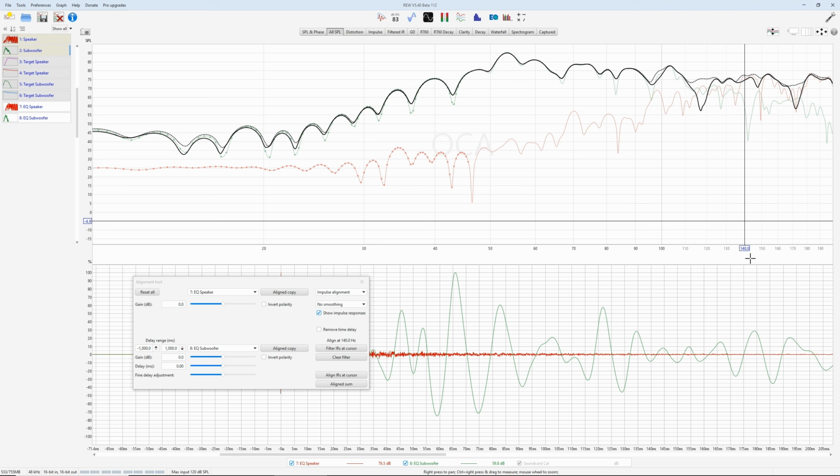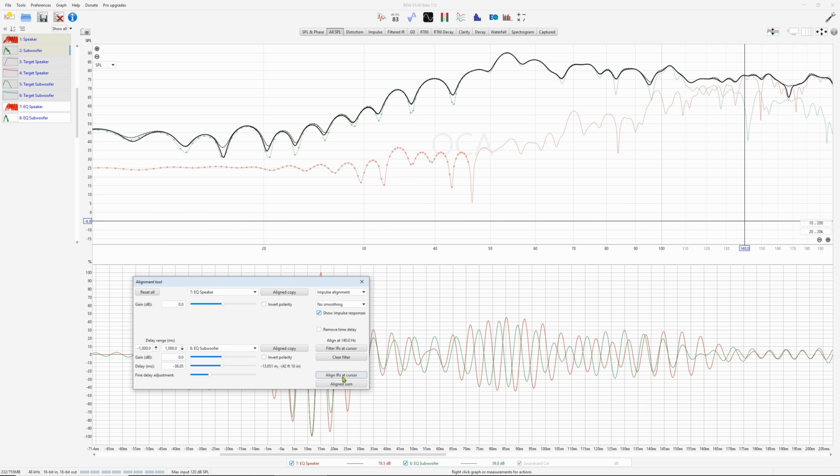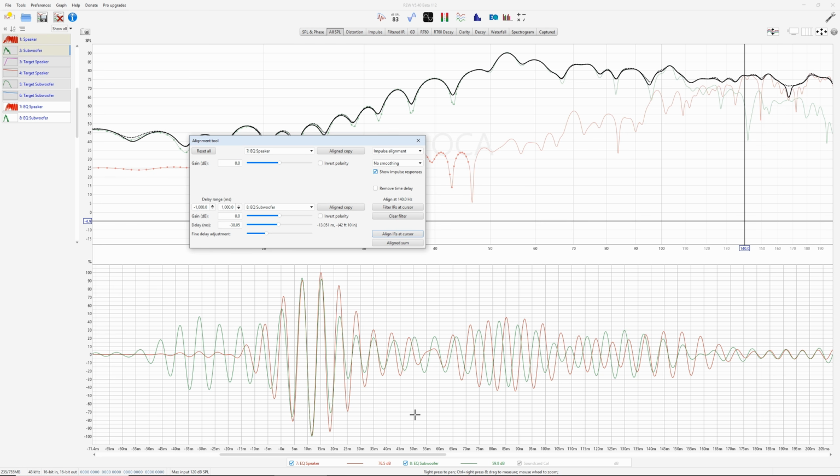Yeah, 140. So wherever this cursor is, impulse alignment, not phase alignment, and align IRs, impulse responses, at cursor, which means align subwoofer and speaker at 140 Hertz to each other. I click this, and look, REW already did its magic, and